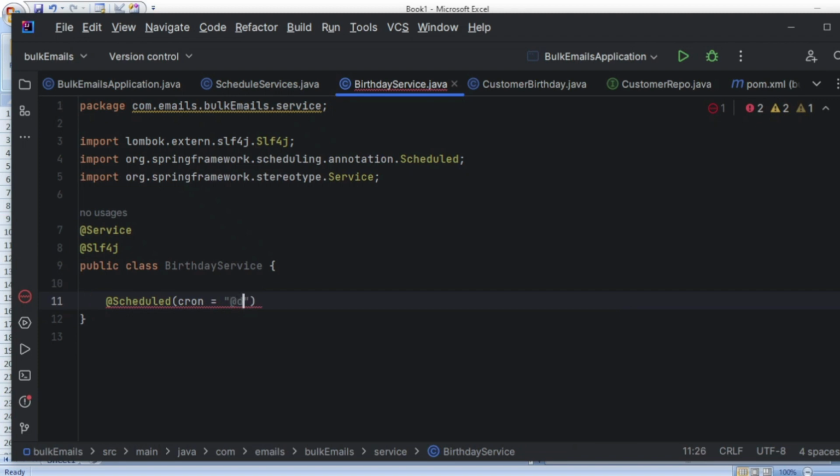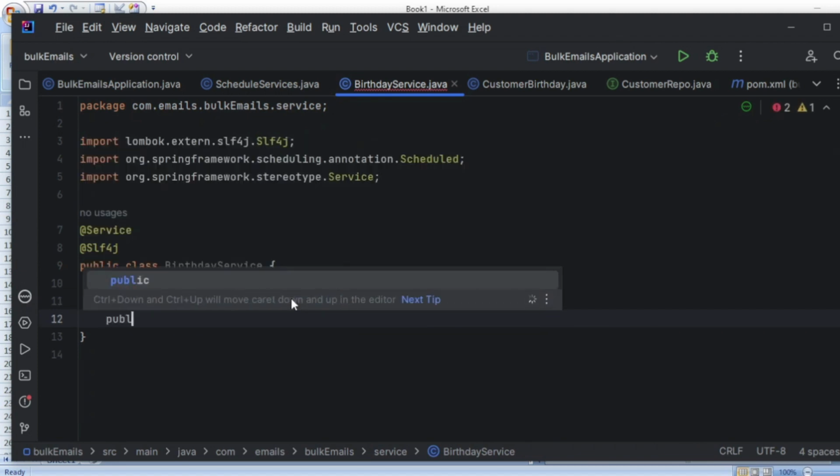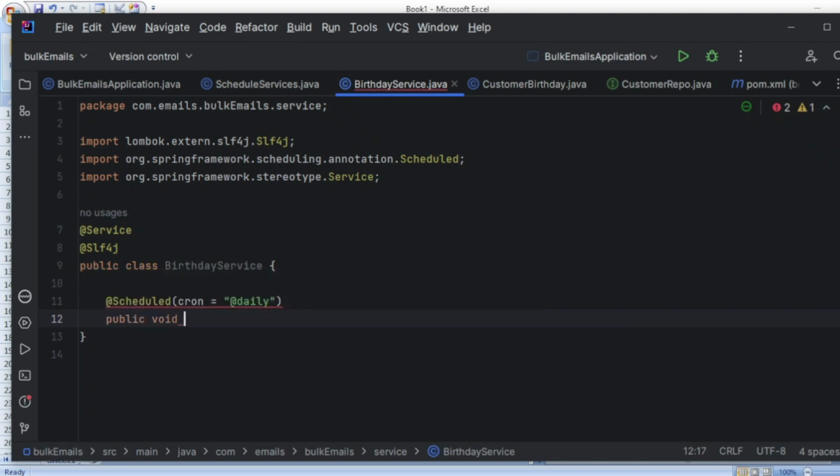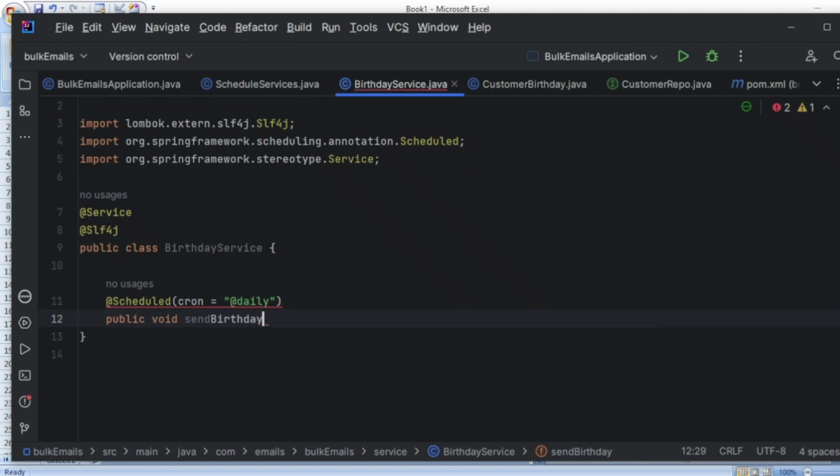Something called daily we are going to pick. Daily job we are going to pick. Let me take a void method, send birthday email, something like that. So what we are doing is we are scheduling a job, and we are running that job on a daily